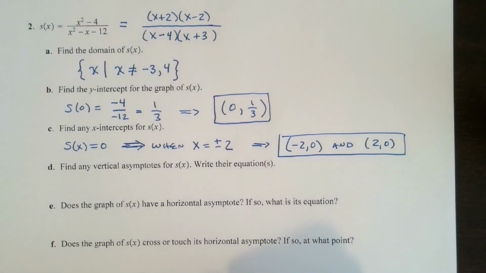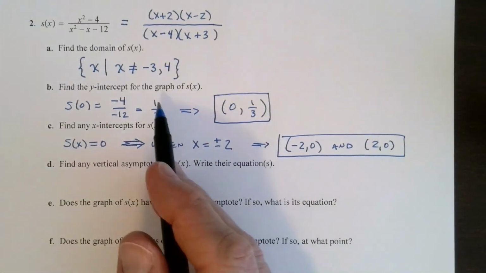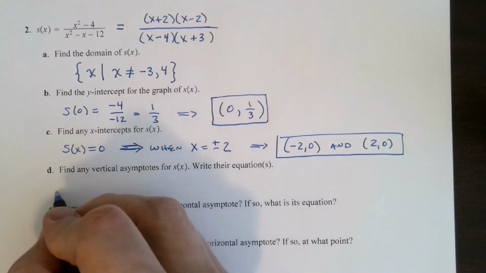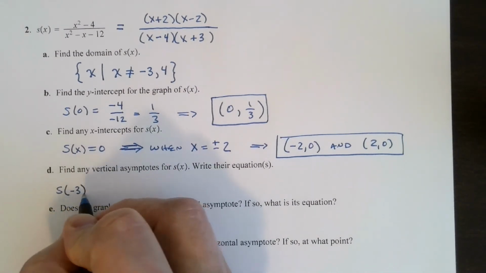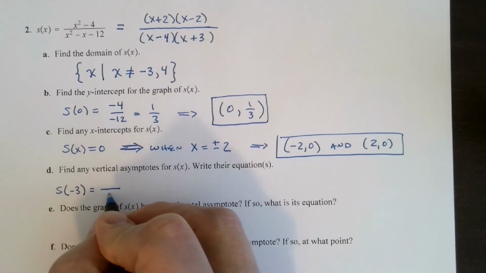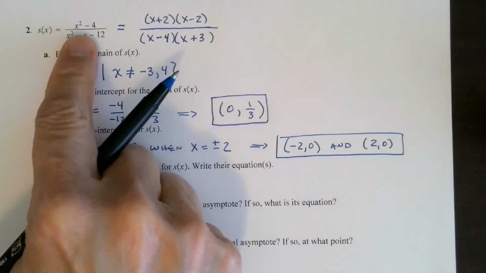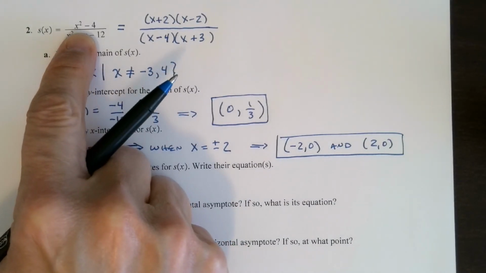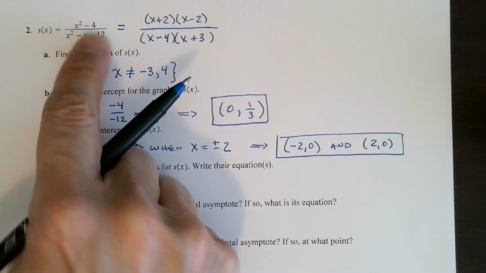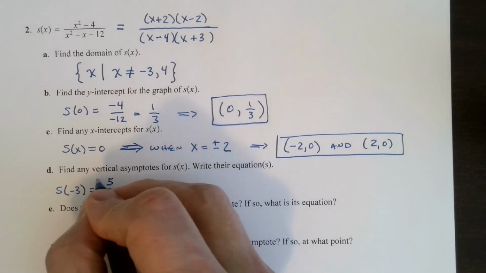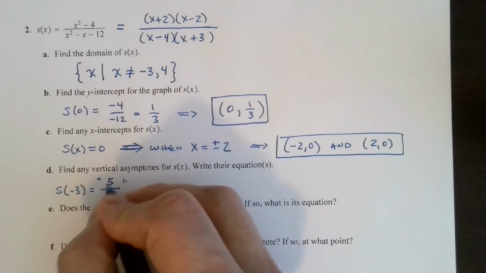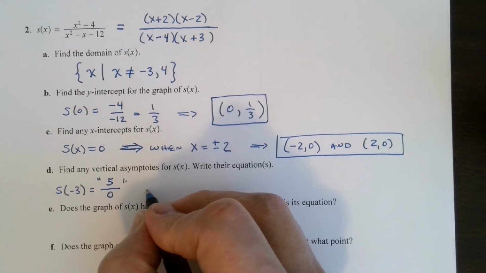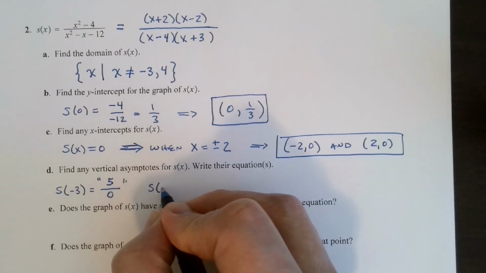Find any vertical asymptotes. Well, again, these restricted values, if you notice, if I plug in negative 3, the denominator is obviously 0, but the top is not going to be 0. Negative 3 squared is 9. 9 minus 4 is 5. So I get this expression. This tells me I have a vertical asymptote at negative 3. So for 4,